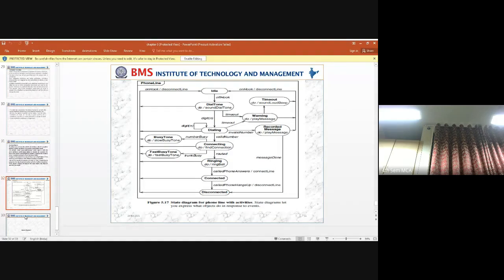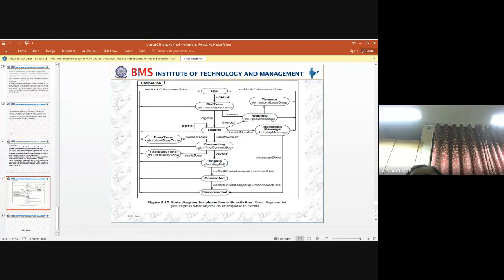If they ask to write a neat diagram of a sample telephone line diagram, then whichever first diagram I have shown, you need to write. If the question is to write a neat diagram for a telephone line along with the activities, then you need to use this diagram.